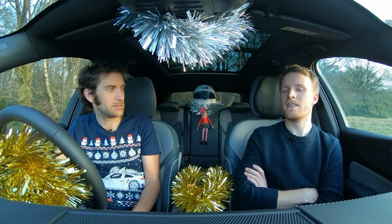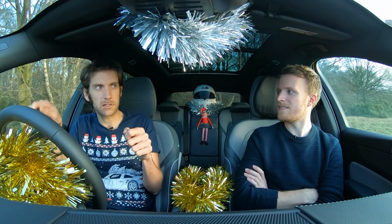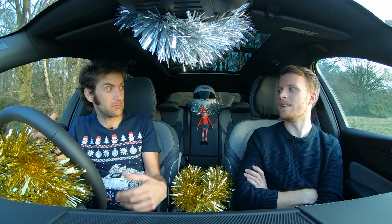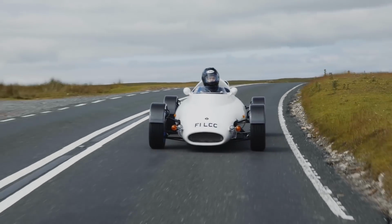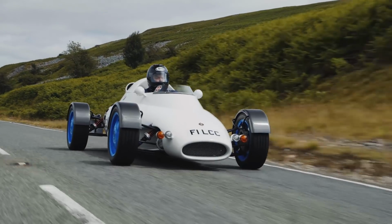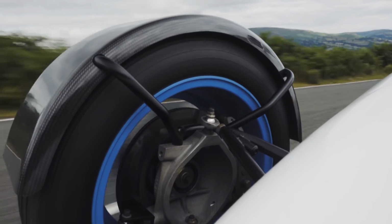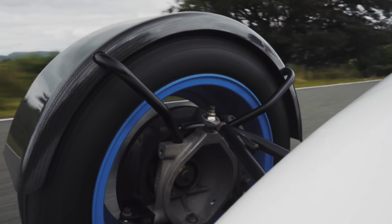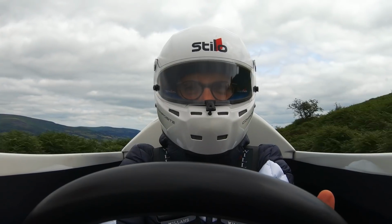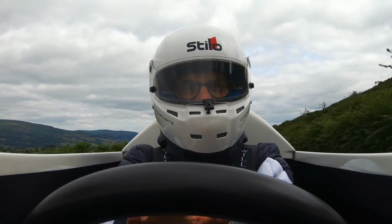but I totally get that whole feeling, and it is just that sense of trying to get the front end into corners because there's no weight over it, and you've got the engine behind it. Everything's going against them in terms of getting them to turn in. You'd get the same with an Ariel Atom in some of the early cars. They've fixed that a lot more now, but it's just so responsive. That's the thing. Beautifully pliant over the ground, but you had to calm it down in the same